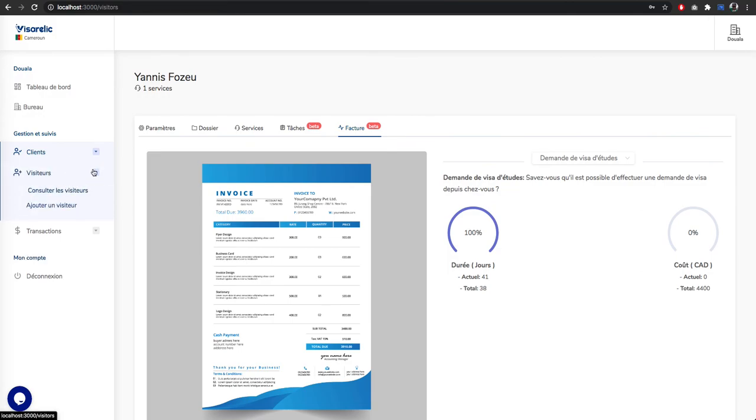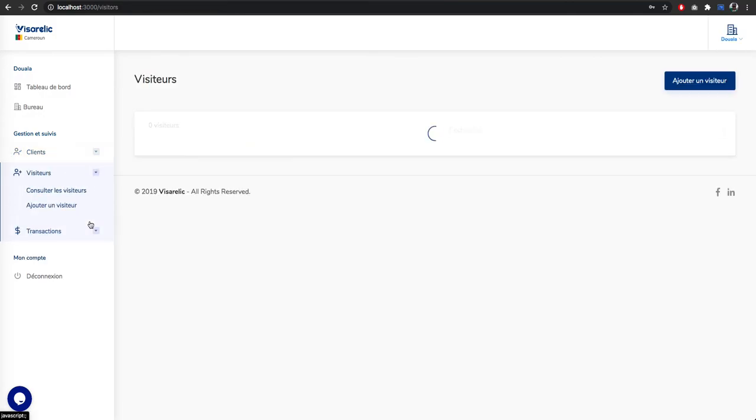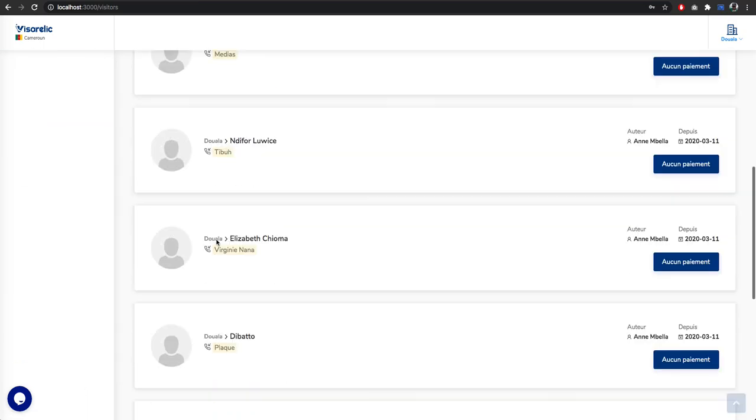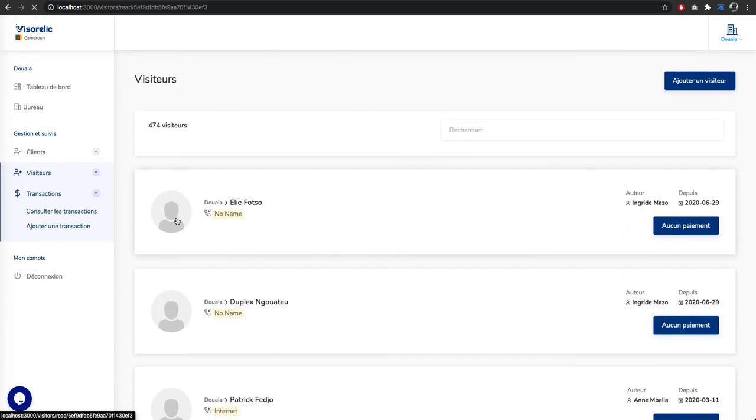For the visitor, I think those are the same views because it's the same template. And yes, it's just loading the different things there, so it's just the same thing right here. So it's almost it.